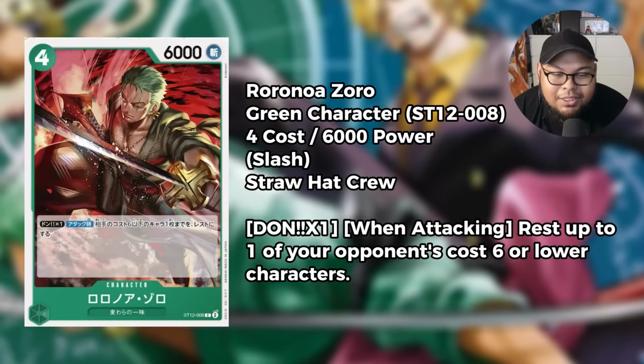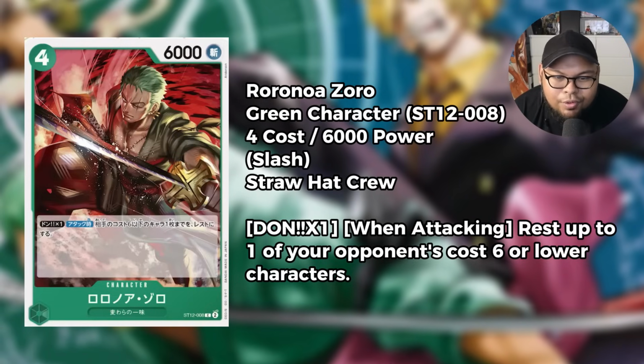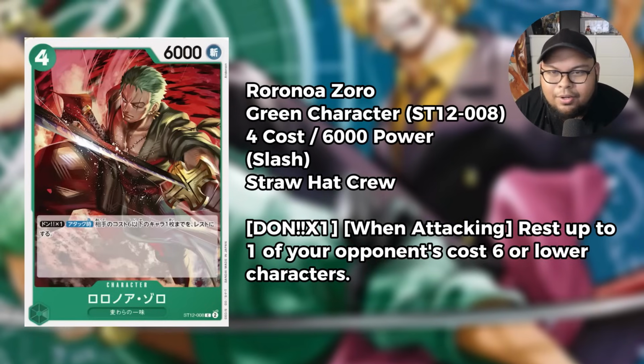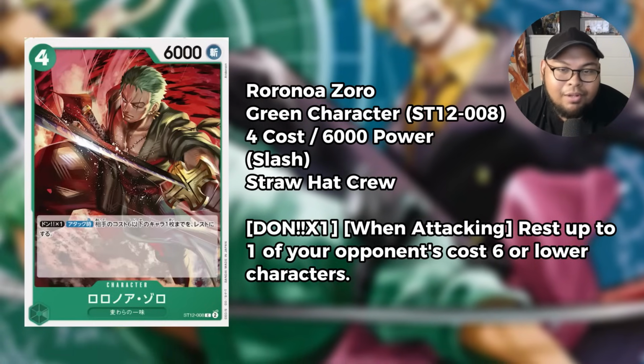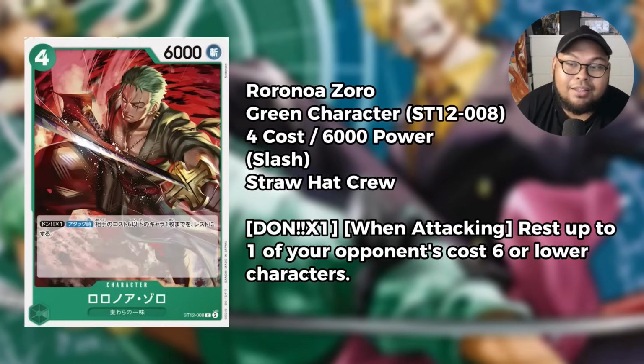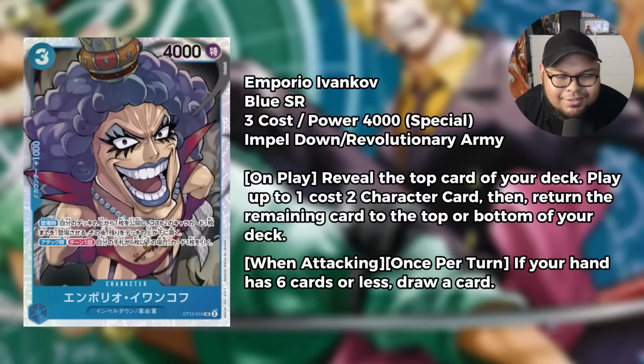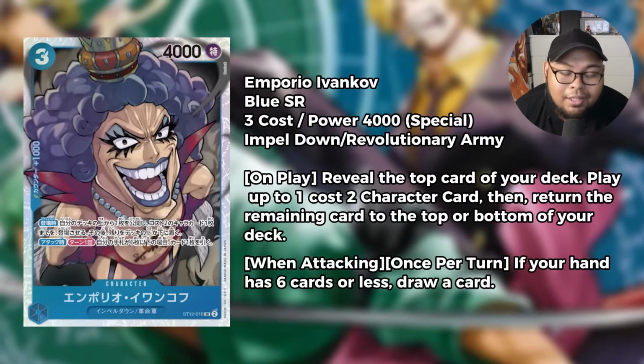You can potentially rest like 2 of your opponent's cost 6 or lower characters, which could be really good on a turn that you want to really go for a game, or you can rest 1 character and then next attack into that character. So that's actually really quite good. Really like the Zoro. And the next card we're going to talk about is none other than another super rare,